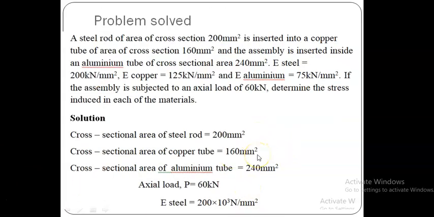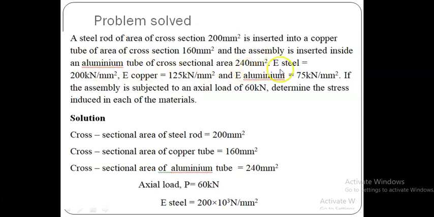Next problem, solved in this area. A steel rod of cross-sectional area 200 mm squared is inserted into a copper tube of cross-sectional area 160 mm squared, and the assembly is inserted inside an aluminum tube of cross-sectional area 240 mm squared. Here you see a steel rod of area 200 mm squared inserted into a copper tube of cross-sectional area 160 mm squared, and these two are assembled and inserted inside another material, an aluminum tube of cross-sectional area